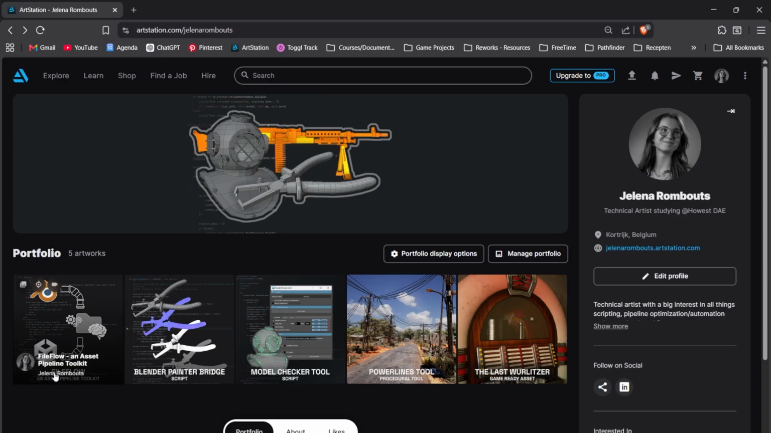This one on the left, it's called FileFlow, and it's basically a group of 3 scripts that each have their own purpose. But as you can see, it's connecting Blender to Unity basically in one smooth pipeline with a directory organizer in between. But before I get into the tools themselves, I'll give you some more context on why I